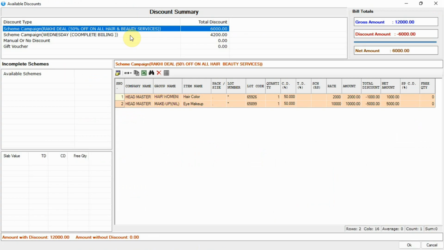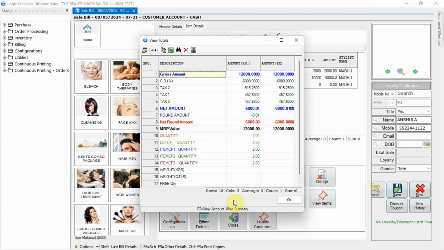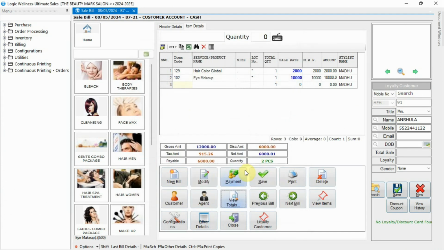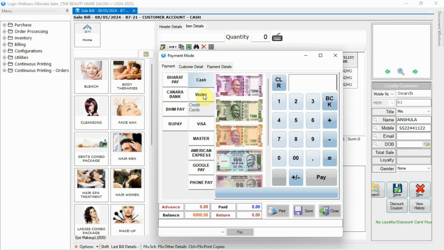When we go to the payment option or save the bill, a window will appear displaying the available discount. Select the scheme to be applied. After applying the scheme, the amount is reduced to 6,000 rupees. Now enter the payment amount and save the bill.